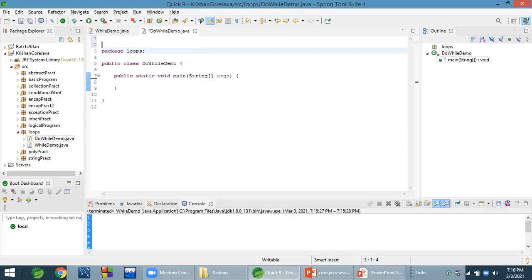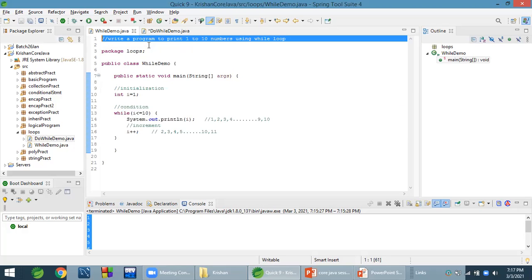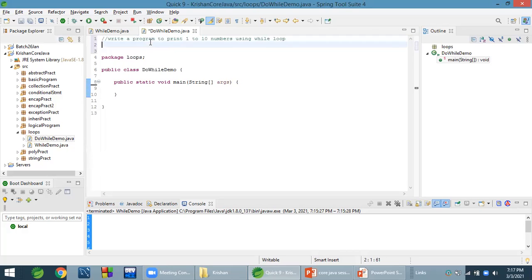We'll take the same program using a do while loop.